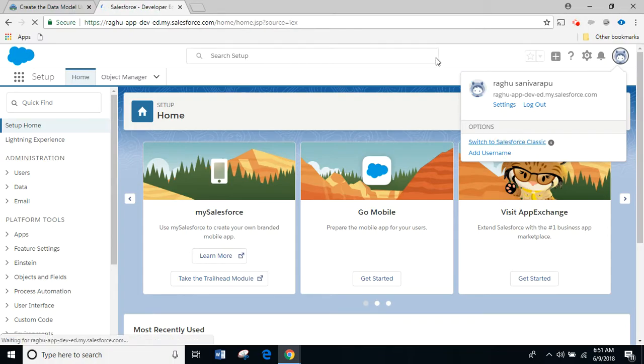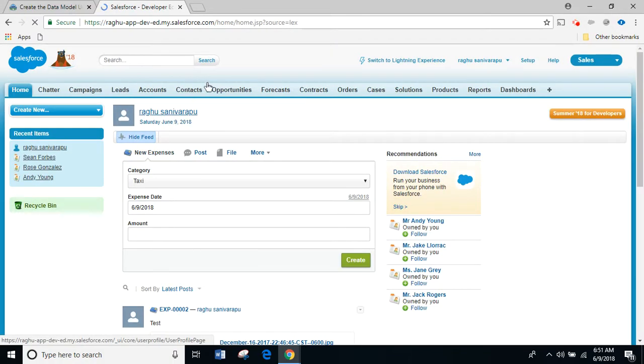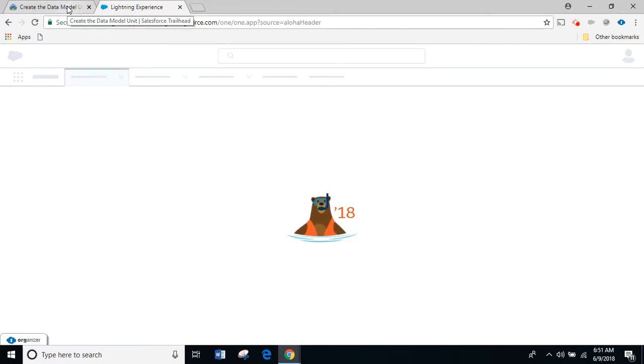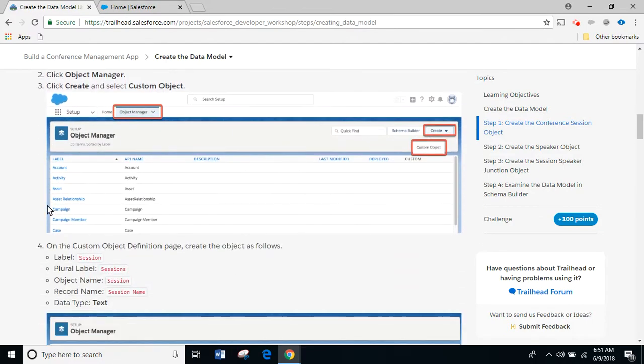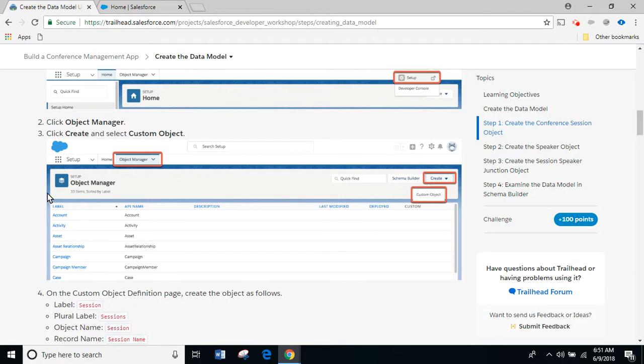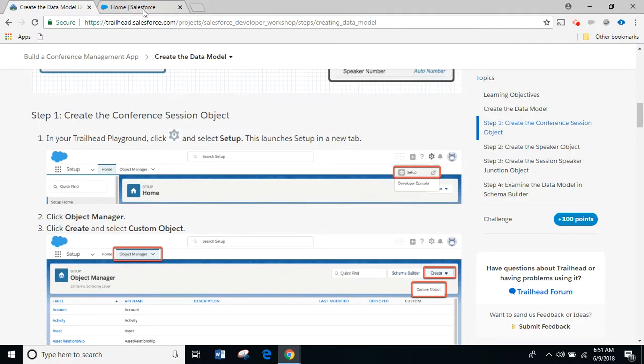If in case your account looks something like this, just see the page layouts, the color and stuff. If your org looks something like this, just make sure that you click on switch to lightning experience, because most of the Trailhead modules, and even the current module that we are looking into, are completely based on lightning, and all the screens and the UI which are given are mostly in lightning. So let's go back